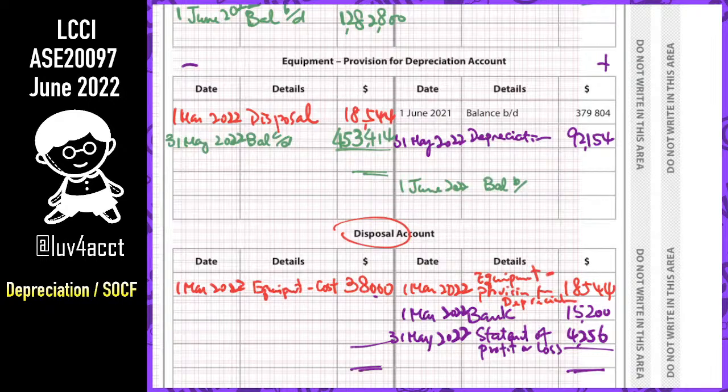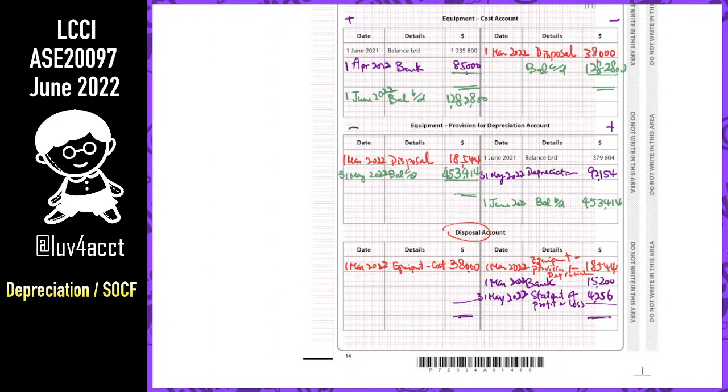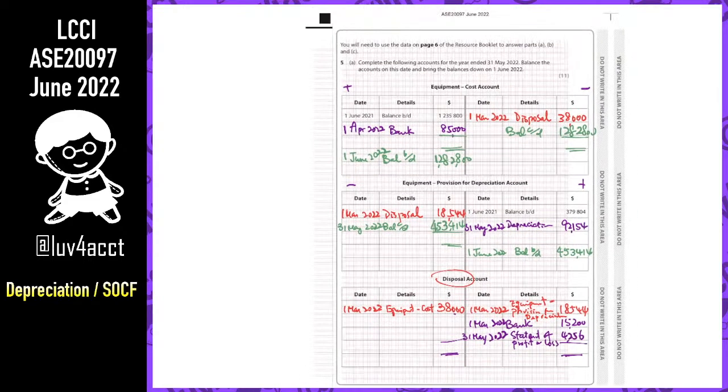Balance brought down 4 5 3 4 1 4. Okay, good. So finish. How many marks here? 11. That's not bad, because you just need to know the concepts. You are given all the figures. I don't know why it is level 3, it shouldn't be like that. Anyway,